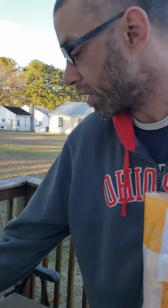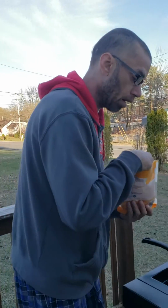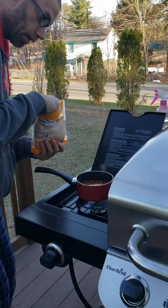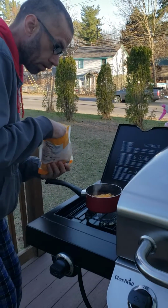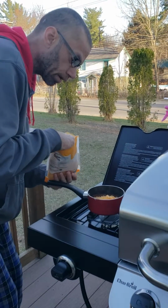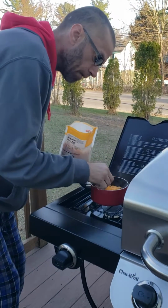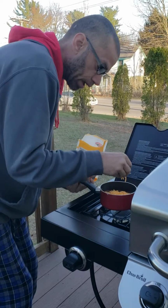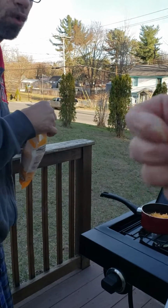All right, I forgot to mention we do have the chopped up hot bananas. So now I'm gonna throw cheese into it. I'm gonna have this going, but it's too hot. I don't understand this. Like I said, this is the first time I used this grill. I just got it. But I'm gonna throw a good amount of cheese into it. I think that's sufficient. But I'd say about like four to five